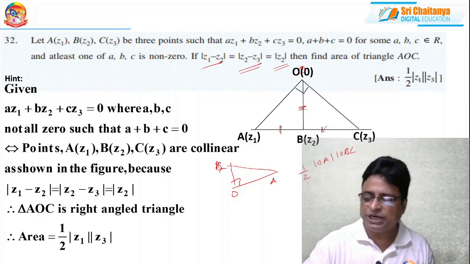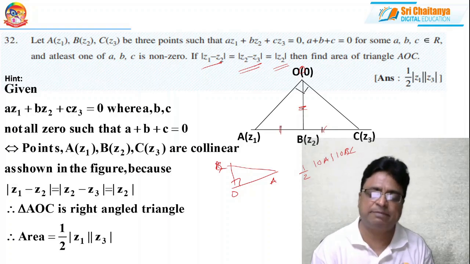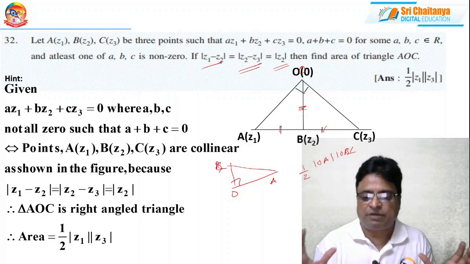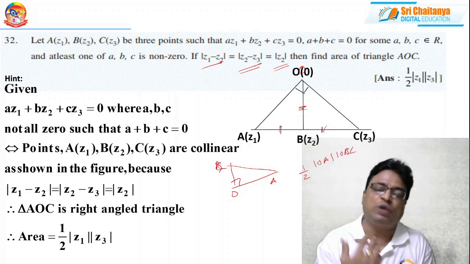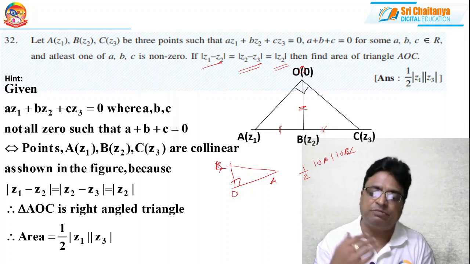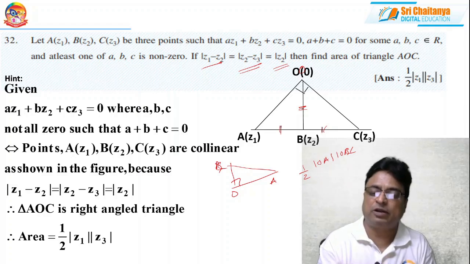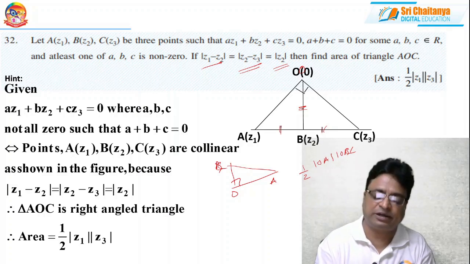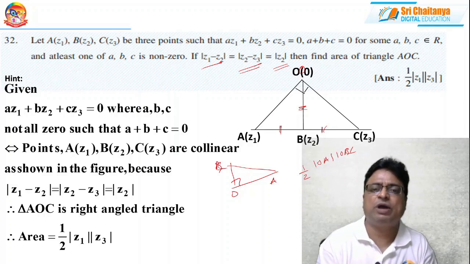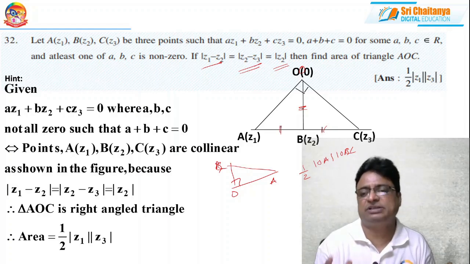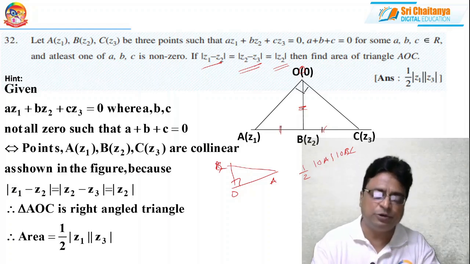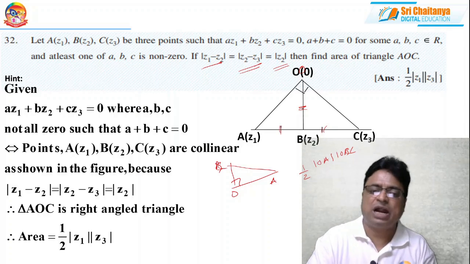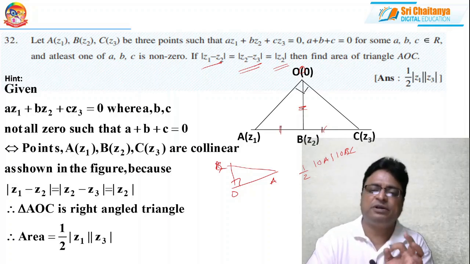Simple question. Though it looks like a question in complex numbers, the concept behind the question is from geometry. That's why if you have mastered coordinate geometry, you can do wonders with complex numbers. If you master vector algebra, you can do wonders with complex numbers. All these topics, geometry, coordinate geometry, vector algebra, complex numbers, are one another. They are all together. They are the same at one point. So we can use all the conditions from one chapter in another chapter, and you will derive many beautiful results like this.